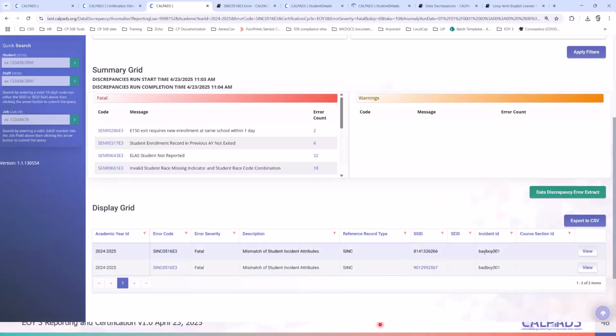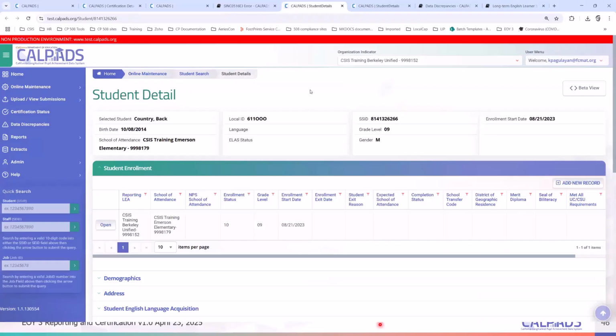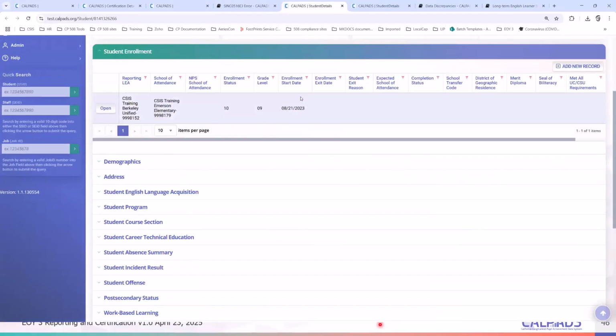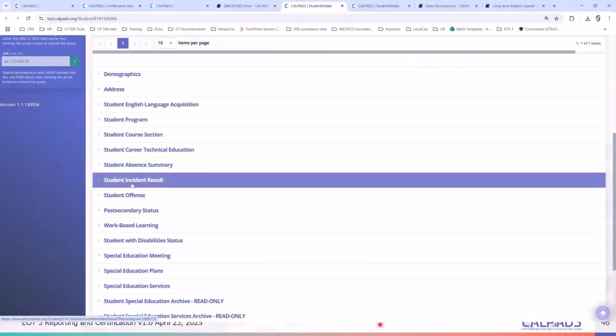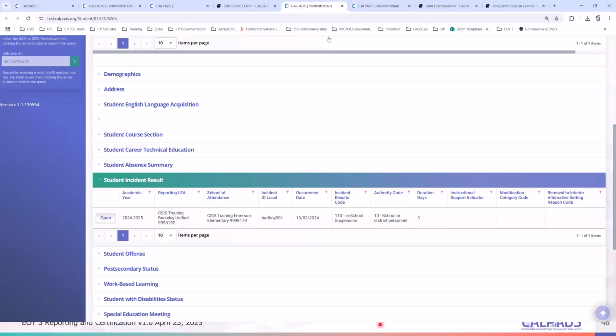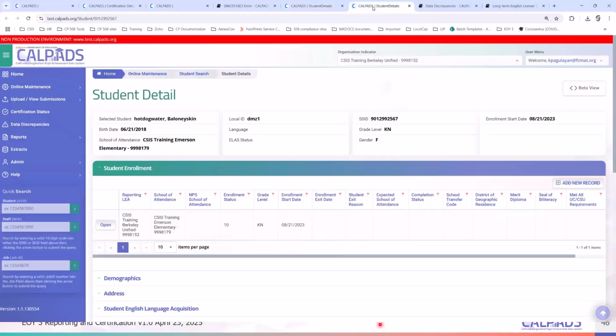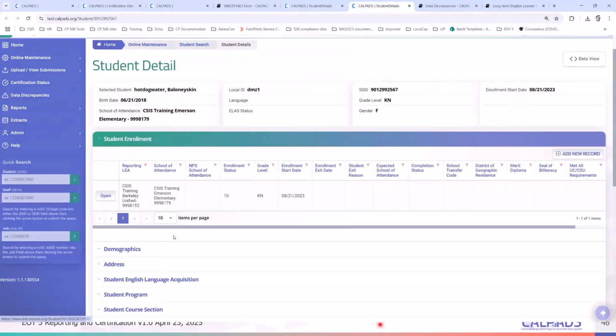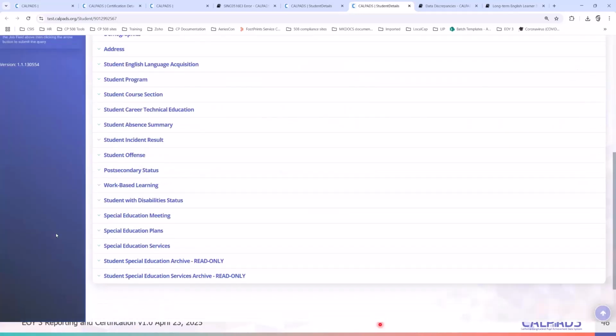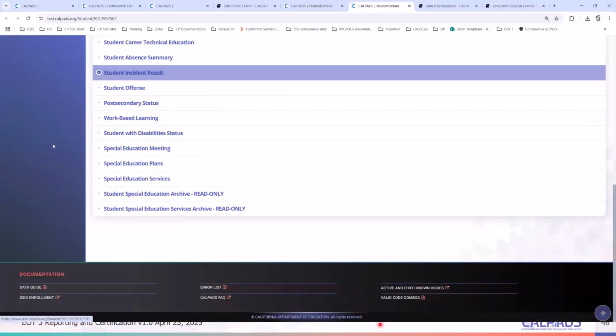Okay, so you have your incident ID, bad boy 001. For this student, we go to incident results, and then we go to this other student, who has incident result 2.